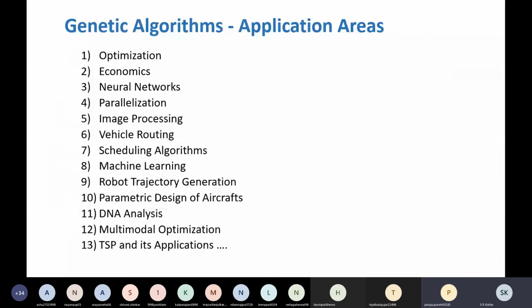So finally, application areas where genetic algorithms are used or can be used. Of course, they are used for solving all optimization type of problems. So all these problems are optimization problems: economics problems, neural networks, where it is used specifically in ANNs, artificial neural networks, for setting parameters.